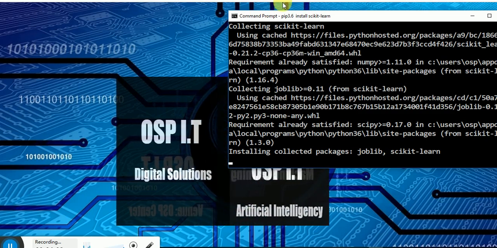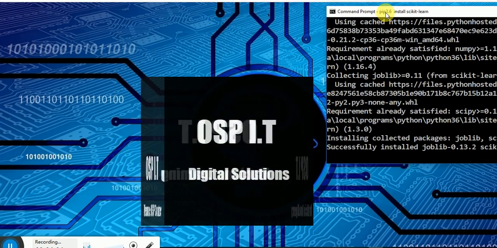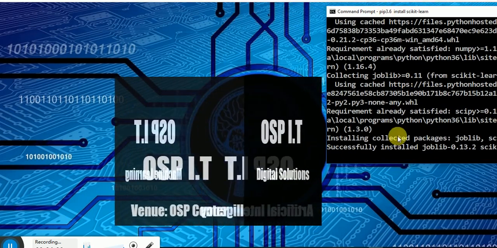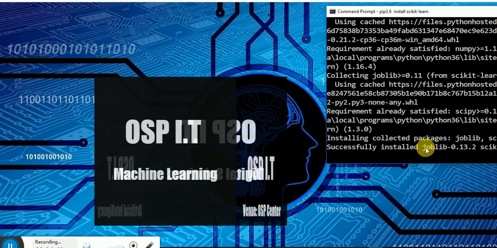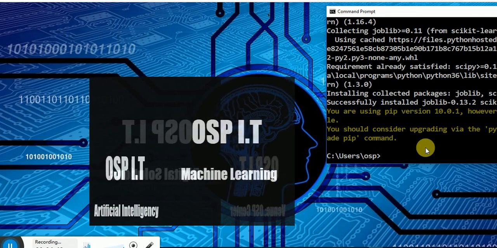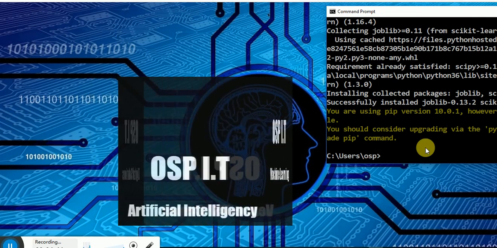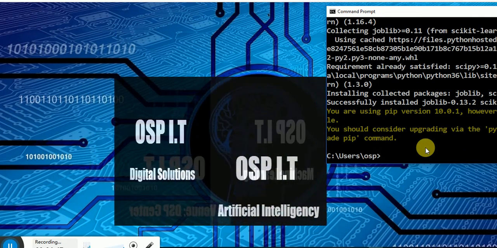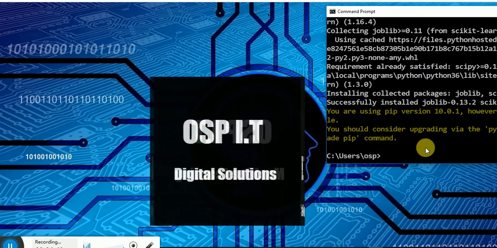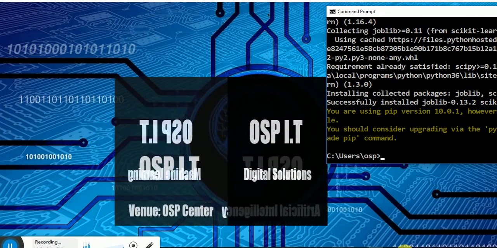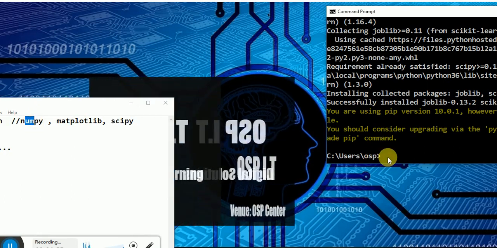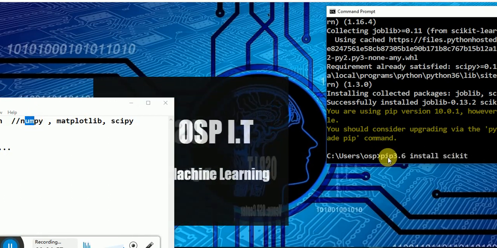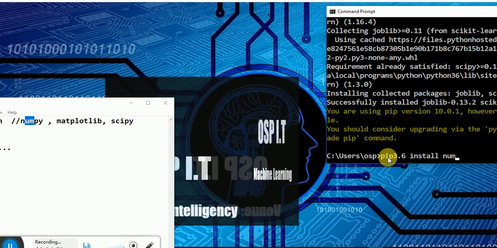So we're just going to wait a moment as it installs for us. Wow, that's great. It implies that we already have that installed in our machine. Like I told you earlier, we also need to make sure that we have NumPy installed in our machine. So I'm not going to waste time. I'm just going to clear that off from our computer and type pip install numpy.